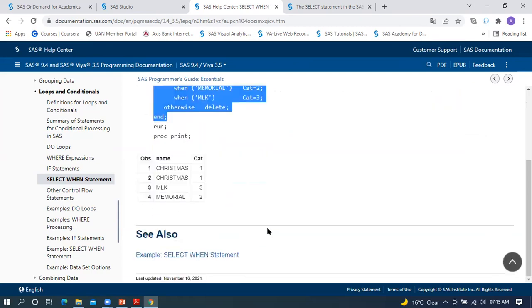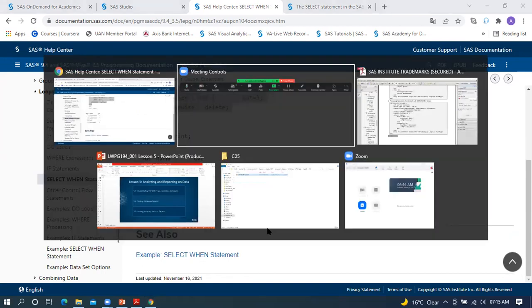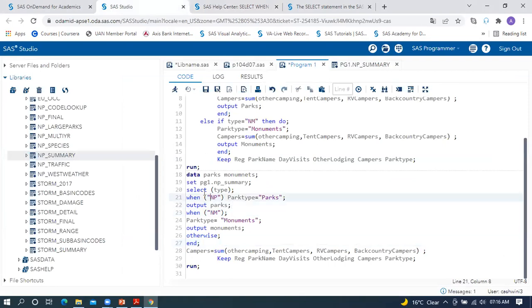Yes. Okay, so it's like the same thing. Moving back to our example, now for our select when, we have for single condition multiple statements. Correct? Why multiple statements? So you are writing for your condition for your column type, when the value is NP, it's like then create a new variable park type with the value of parks and direct the output to output data set. So for a single condition, you have multiple statements. Hence, we can always write this